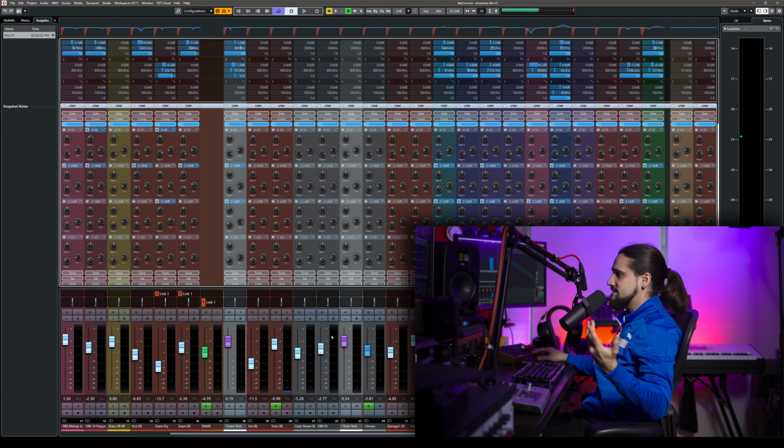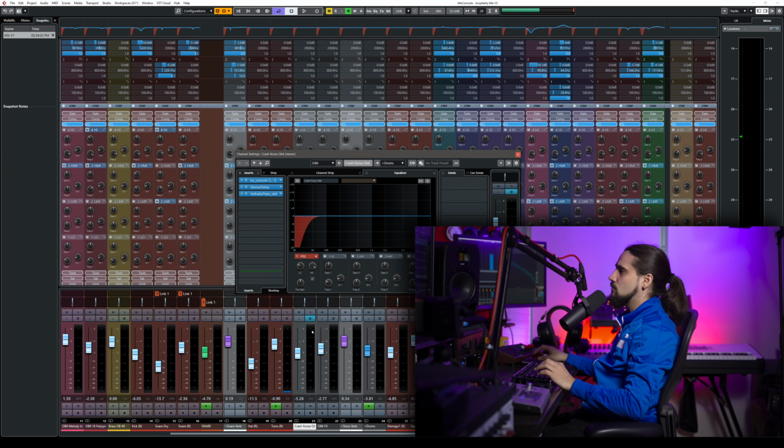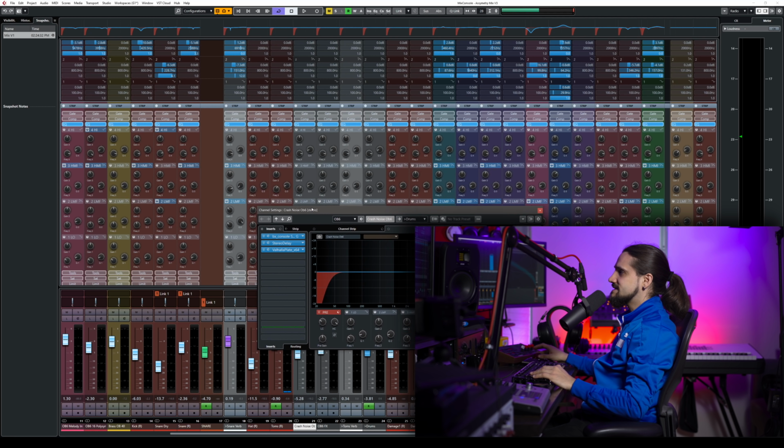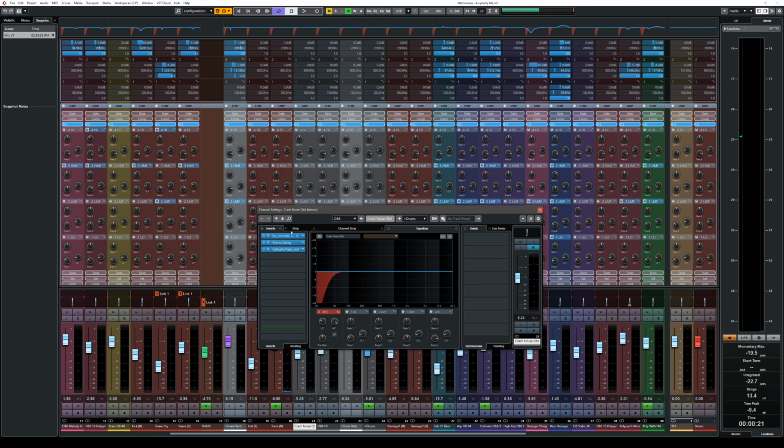But one of the things that you can do is you can basically reroute all these modules. Let me take a channel, for example, this crash, and in this case, as you can see, I have my inserts. Sometimes you might want to have your channel strip first in the chain and then your inserts. You can configure this like that. You go to your channel settings, you go move channel strip to pre-inserts position, and now this is pre-inserts, okay? Or you might want to have it the other way around.